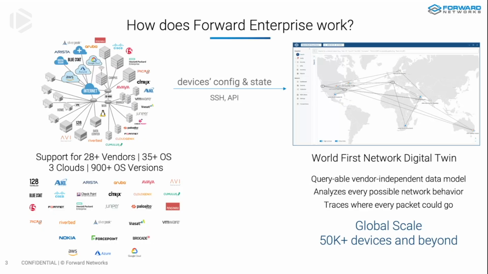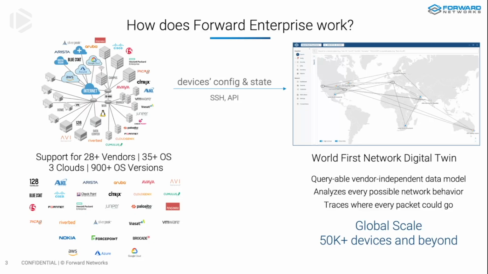So how do we work? What we do is we connect to all layer 2 through 4 packet pushers, and we get the device config and state. Read-only access, never write. We support 28 plus vendors, a whole bunch of OSs, all 3 public clouds, and more than 900 OS variations between that. You guys are modeling my network soup to nuts, not just like, oh, there's a load balancer here. It's like an F5 box, let's say, deeply, and you can understand VIPs and rule sets and transforms and all of that, and can then replicate a packet flowing through that modeled network end to end.